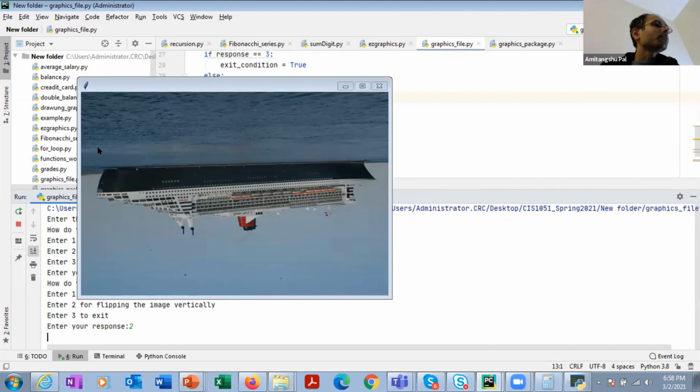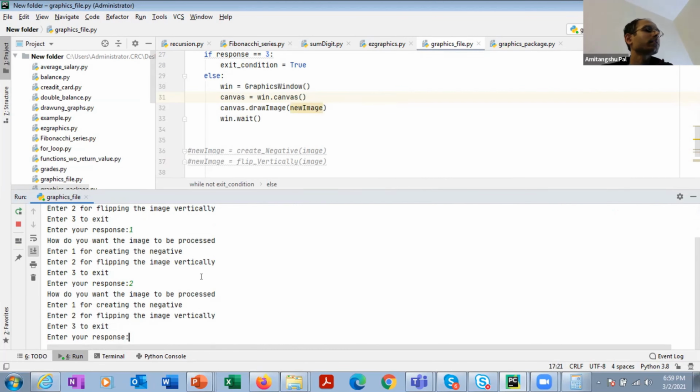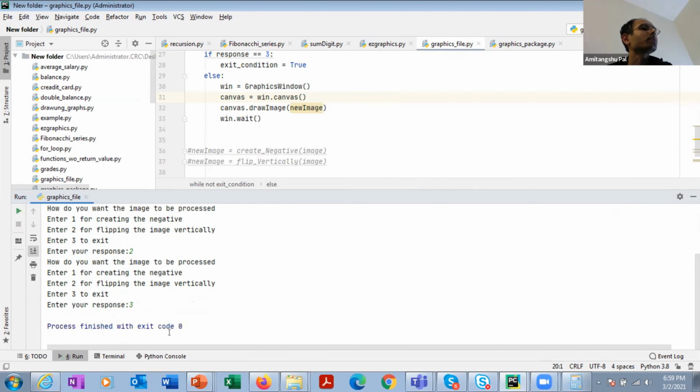So you can see that now the image has been flipped vertically. Okay, let's close it. Now again it is asking me how do you want the image to be processed. Enter 1, 2, 3. Okay, so now I want to exit, so I'm pressing 3. So now it is going to exit from the program.